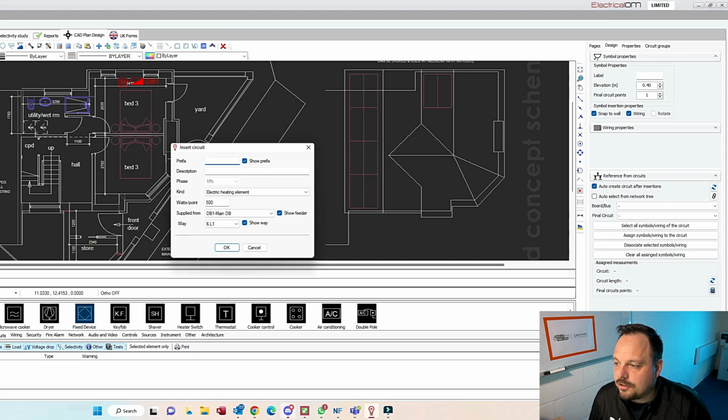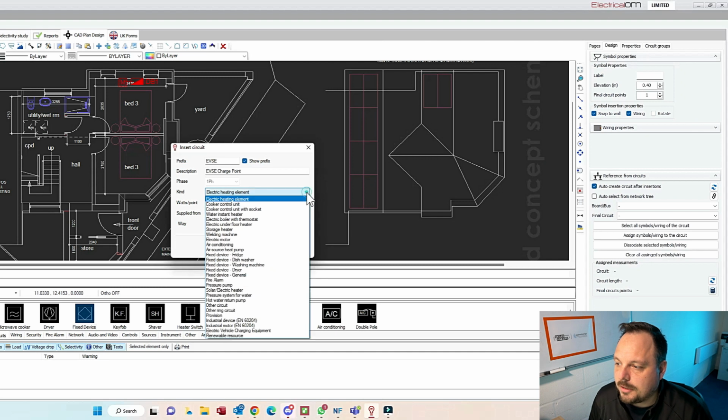And we're just going to drop that straight onto the wall outside because there's no other accessories really to link with it. We're straight into the circuit edit feature. So we're going to call this the EVSE charge point. There is a drop down where you can choose what that is from the list, and you can see I